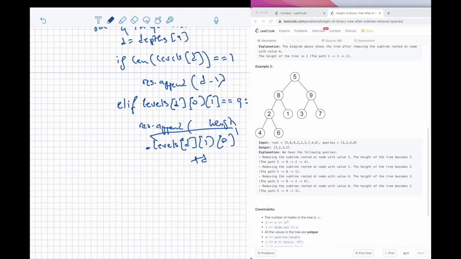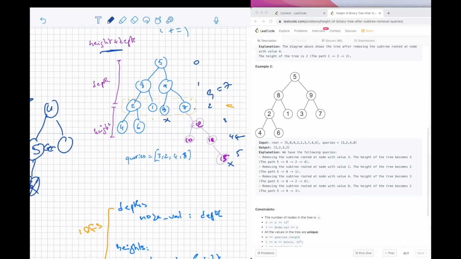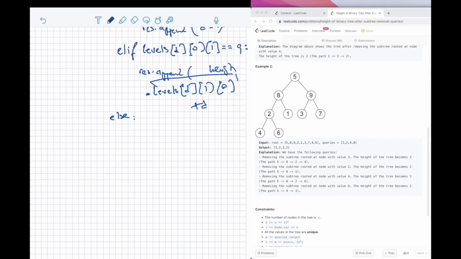Now, otherwise, that means Q is not actually the first largest height. And so in that case, let's just return the first largest height. So in that case, Q, for example, is 3. Then we want to just return the height for 7, right? Because that's the largest one at this level. Or, for example, it's 1. In that case, the same thing. Or even if it's 2, because that's not the largest one, the largest height is 7, then we just return 7. So in that case, we just want to add